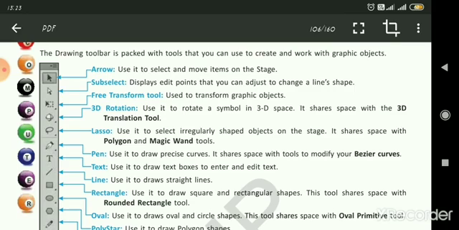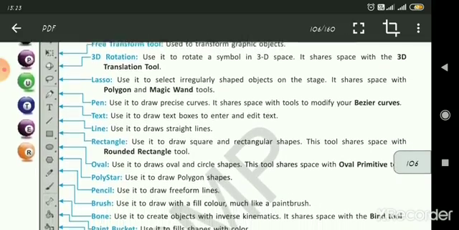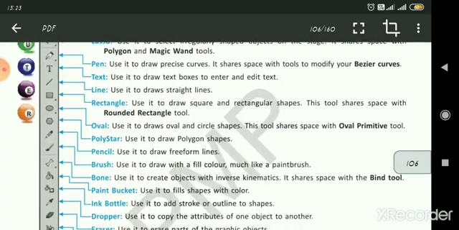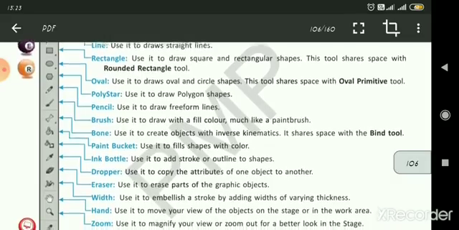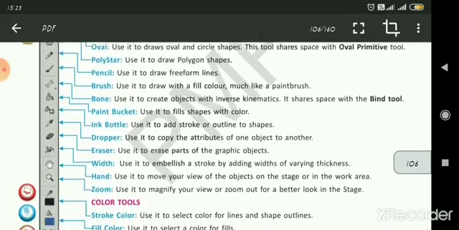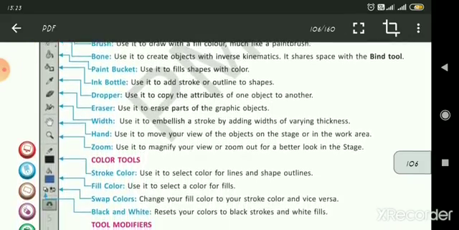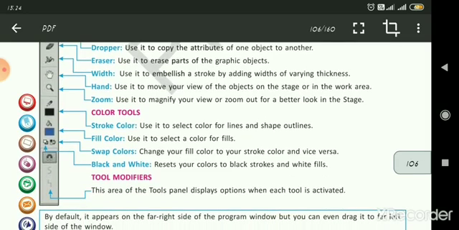In the previous video, I told you about these: 3D rotation, lasso, pen, text, rectangle, oval, polystar, pencil, brush. Now some zoom, width, color tools, stroke, fill color, swap, black and white, and tool modifiers.